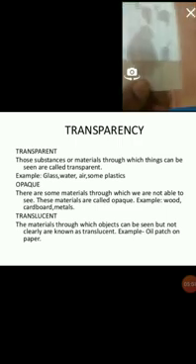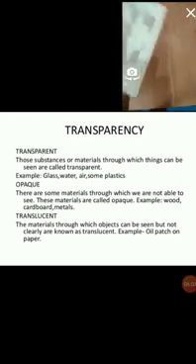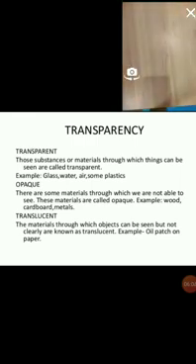This shows that only some amount of light can pass through the oily paper. That's why it is called a translucent object.